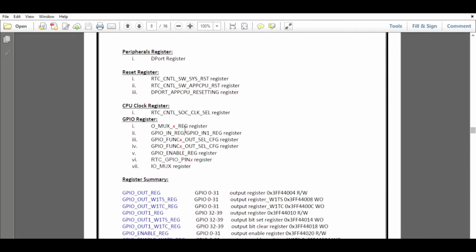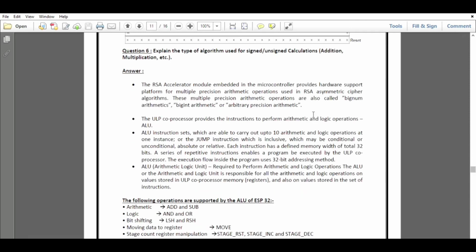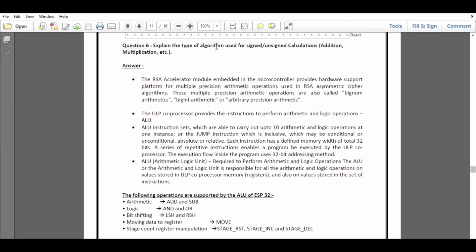These general purpose input output registers are used to connect with other electronic devices like sensors, diodes, displays, system on chip modules that will be connected to the microcontroller. And coming to the sixth question: explain the type of algorithm